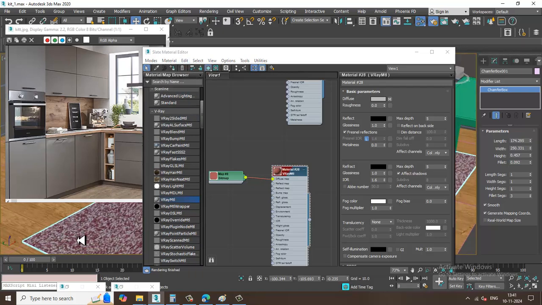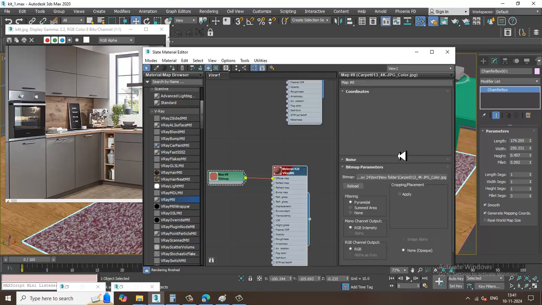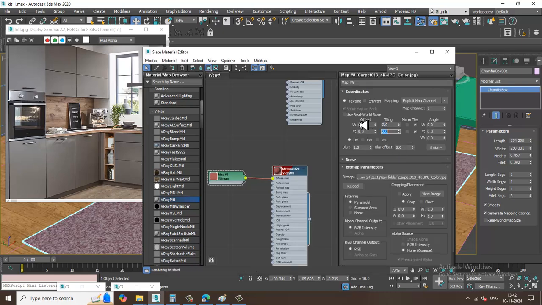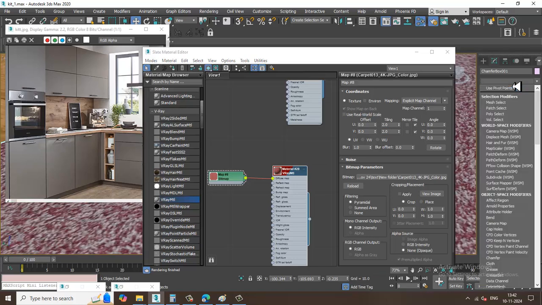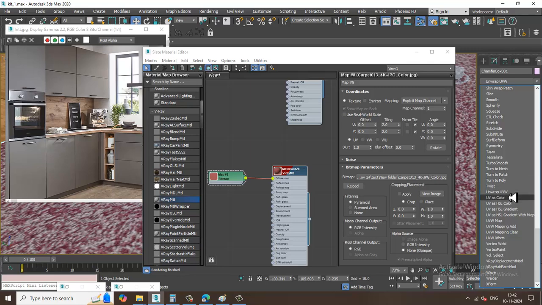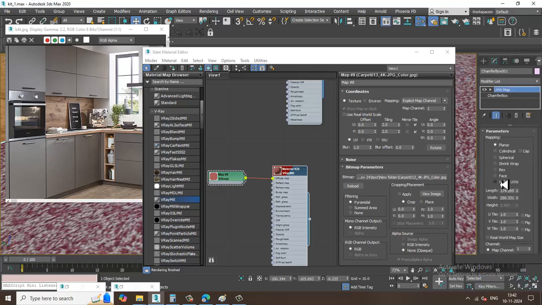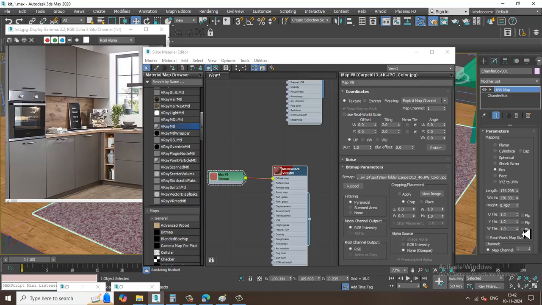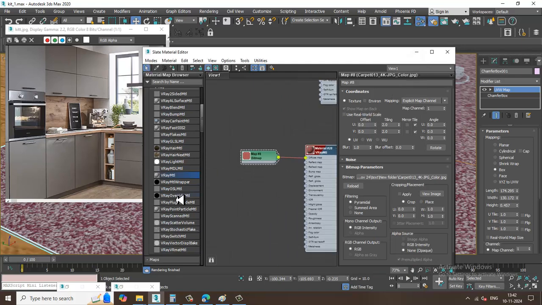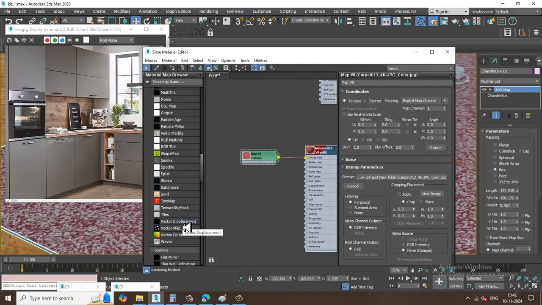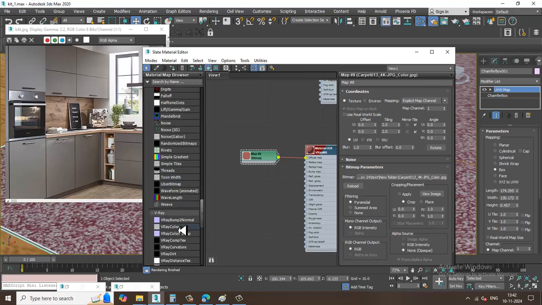We'll just assign in this way, and if you want to go with UVW map, I can go with UVW map as well. Okay, looks perfect. Again I'll go into this the similar way. Let's add a bump to normal, connect it with a bump map,